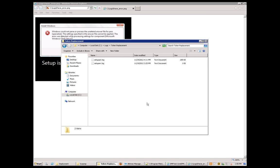If you wonder if there's a way past this, not really. You have to redeploy at this point, so this is something you really want to avoid. Now, if you're in the Microsoft Windows shell setup pass, it's usually one of two problems: either you have an improper token, or you have a problem with your licensing key. It's either an invalid key, or you left it blank, or you missed something. So you should go back and check those things,